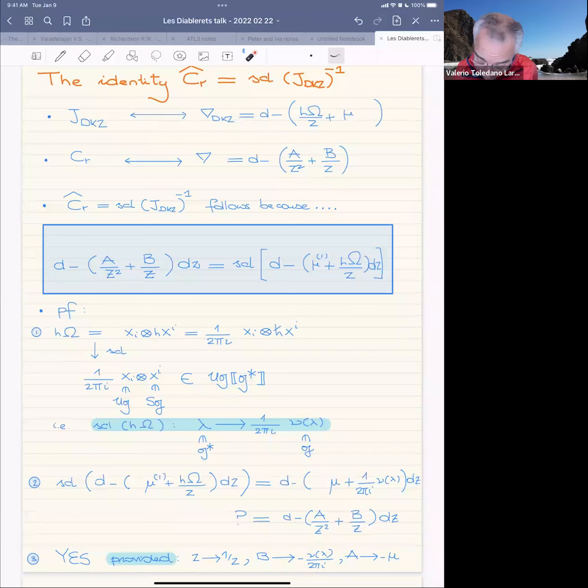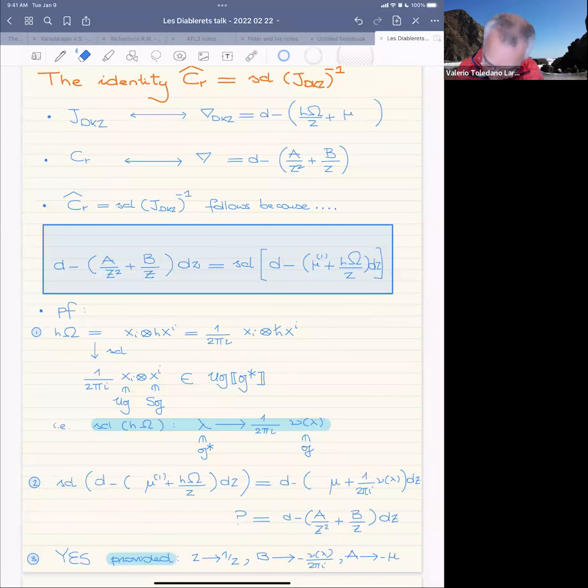Take the classical limit, essentially this h bar goes away. And so I'm finding the same expression, except now the first leg, I'm still thinking in terms of UG, and the second leg, I'm thinking as an element of SG, or rather better, maybe G. And so the semi-classical limit of h omega is a function from G star to G, which takes a lambda and maps it to nu lambda, where nu lambda was the usual identification between G and G star given by the inner product.